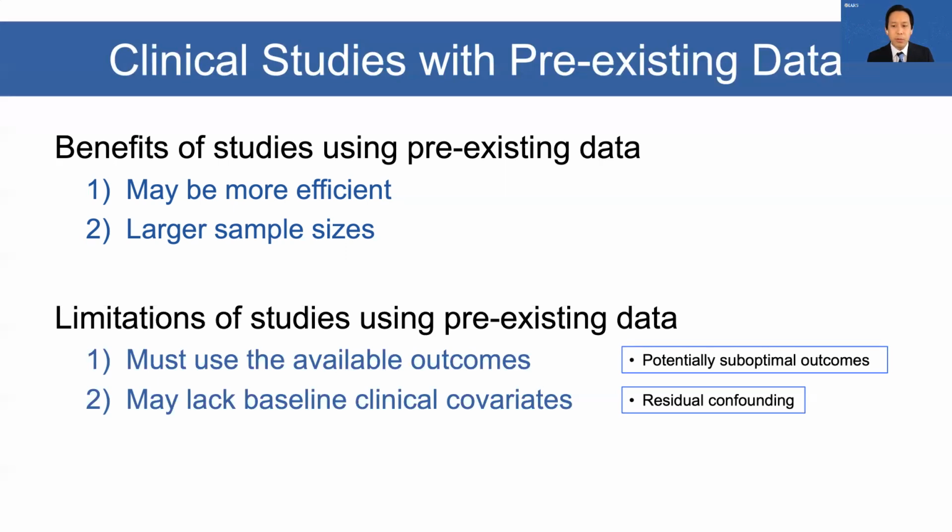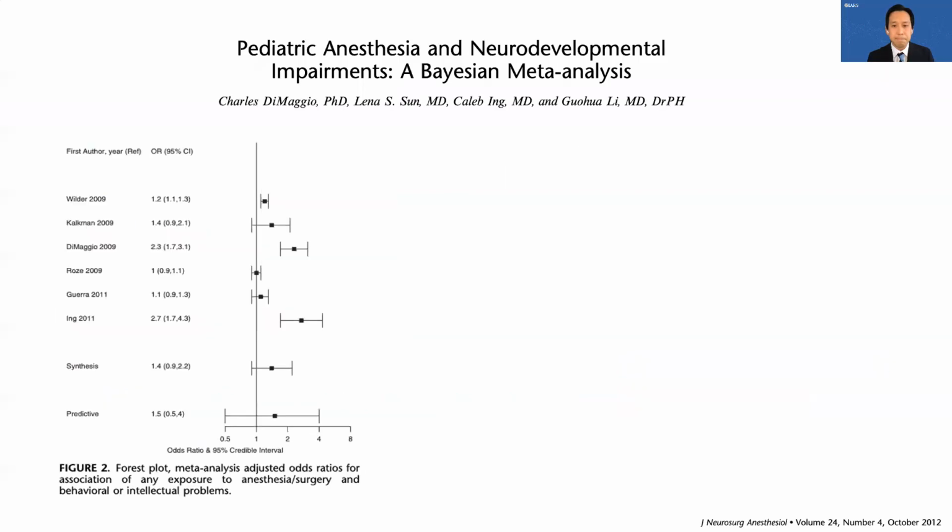But is there a way to avoid some of these limitations, but also have larger sample sizes? One method may be using meta-analyses. This is a meta-analysis that we published nearly a decade ago, and at that time, there's less known about the topic, and there are far fewer studies. But in looking at the studies that we included,